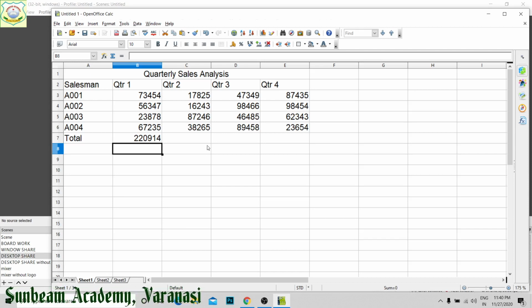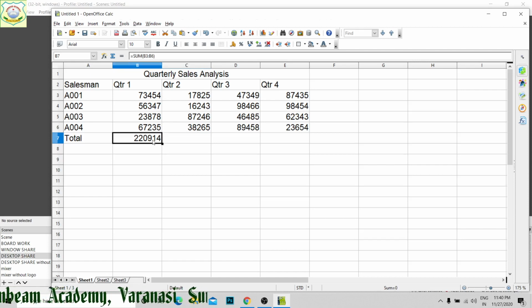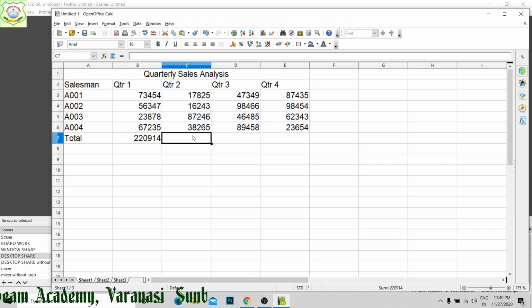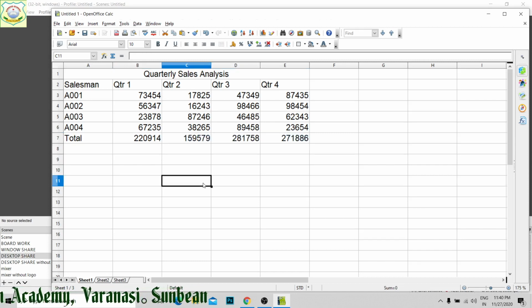Likewise, here we have to find out their sum. To find out the sum, Control C and paste over here. As per the cell reference, it will find out their sum. Now by this we can find out in which quarter the sale was maximum.